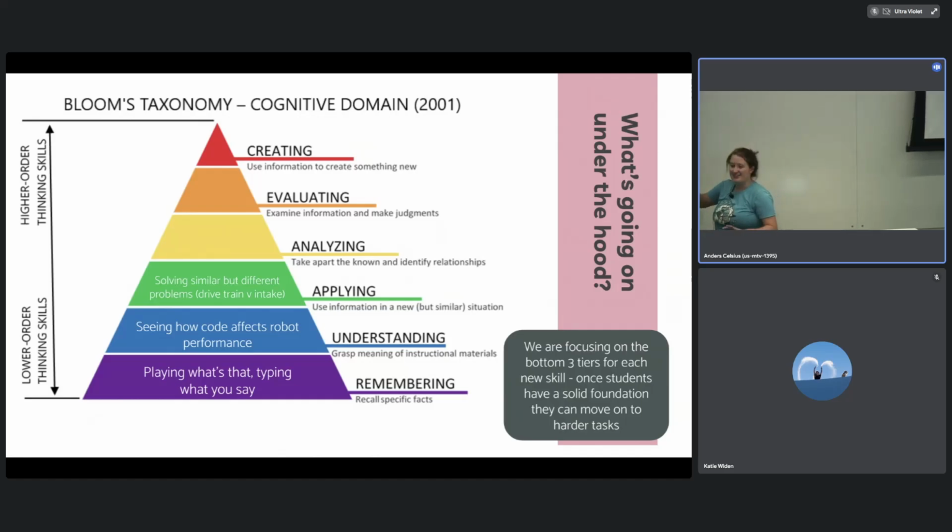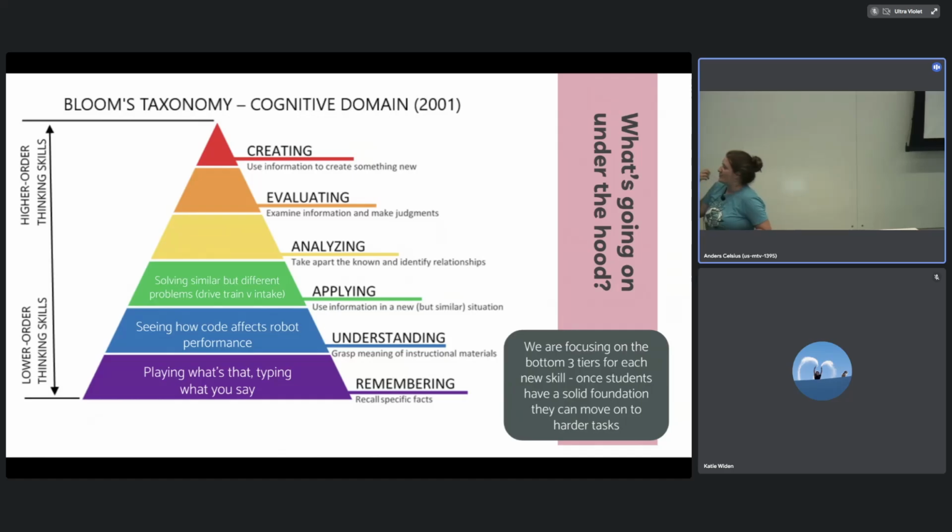And if you're in education, you're like, Bloom's taxonomy has problems. I'm happy, but I'm not worrying about it. Once they remember stuff, then they can put it together and understand what's going on. So until they know how to make a motor object, they can't figure out how a motor object affects what's going on. Once they understand stuff, then they can start applying it. For a lot of these things, we're just focusing on those first three, because applying is 90% of the game. We're taking things that we already know and applying them to new stuff.